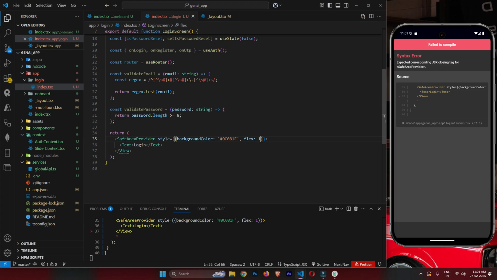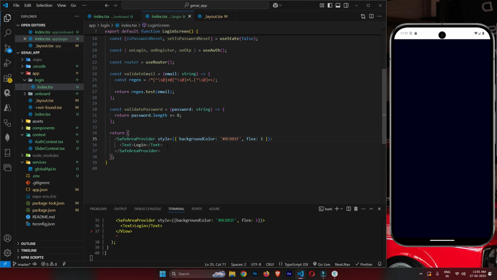And I'll simply add the image here, so it will be cover. Okay, so now we have a safe area, and we say View, and in this view we have a style